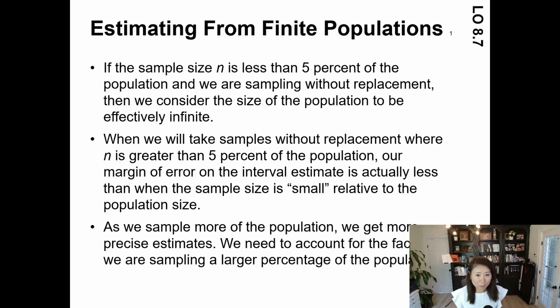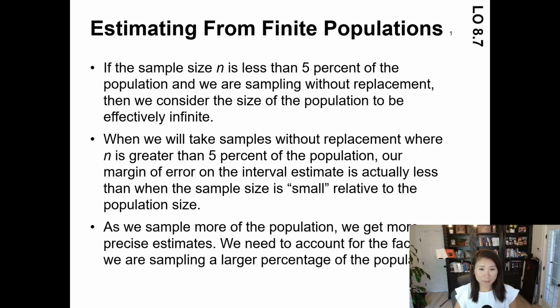Hello everyone. After we already learned three confidence levels: the confidence level for the mean when population standard deviation is known, the confidence level for mu when the population standard deviation is unknown, and also the confidence level for the population proportion. Now we want to go into a little bit more detail on one specific scenario.